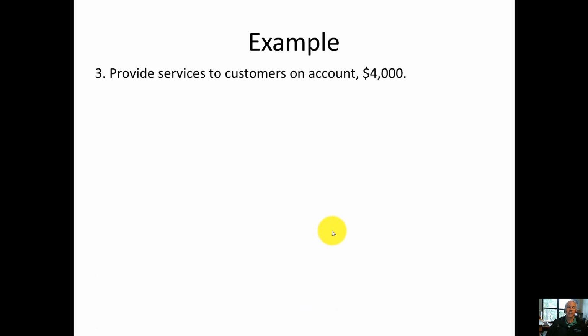Now let's look at some transactions where you're going to try to see how to fulfill this template. We provide services on account to customers. Well, number 1, there are 2 sight words here you need to know. Providing services means that the services are earned and revenue has been generated. On account means you have not been paid for the services that you've provided, so you need a placeholder for cash. What is the placeholder for cash?